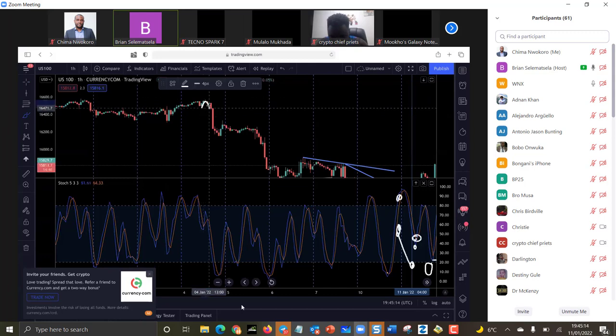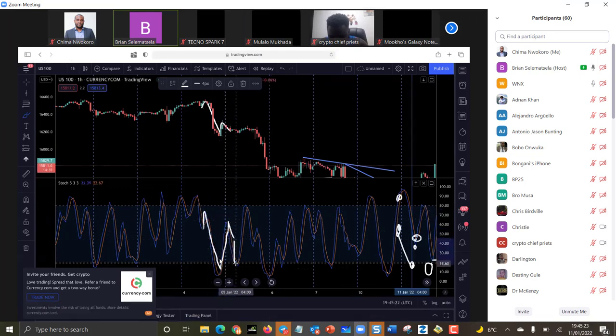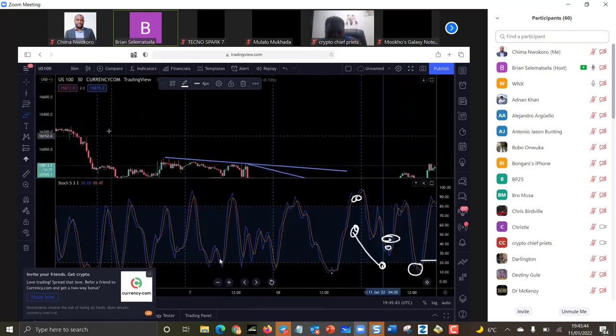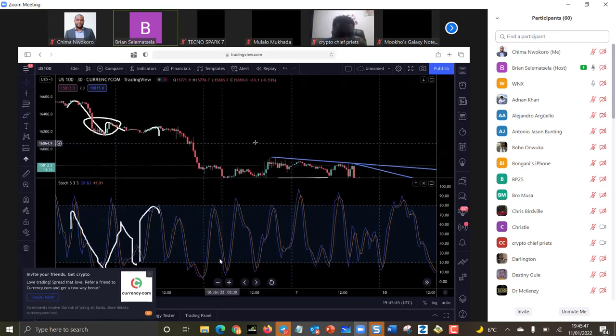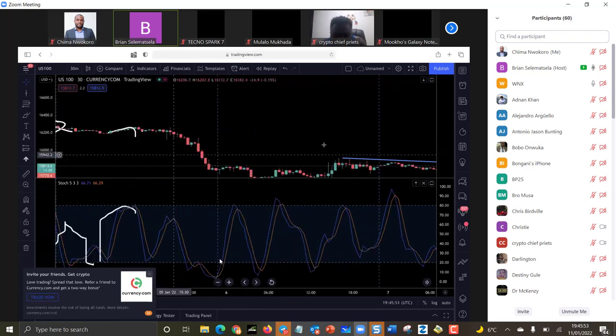Use this one first. So you can see how these lines move. And it only started to form a little bit of divergence when the market got here, but I want to show you on a smaller time frame that there was a divergence. There's no way. We'll check on 30 minutes. And after that, perfect. So on 30 minutes, can you see what was happening here?